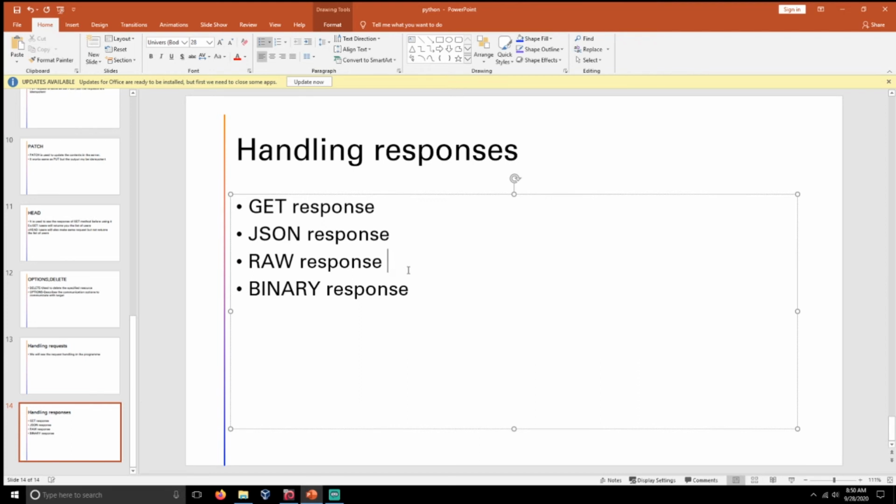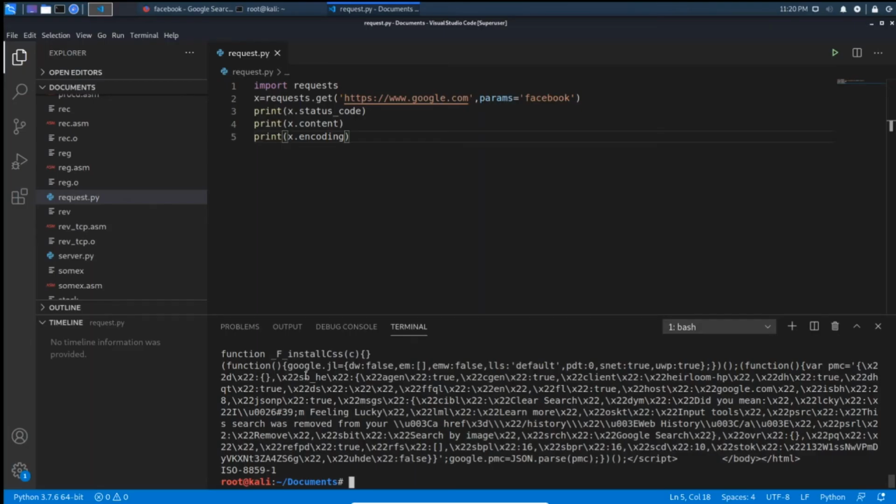That will be a similar thing in raw response. So let me explain about the responses. This x.content is nothing but our raw response. So that is about the raw response.